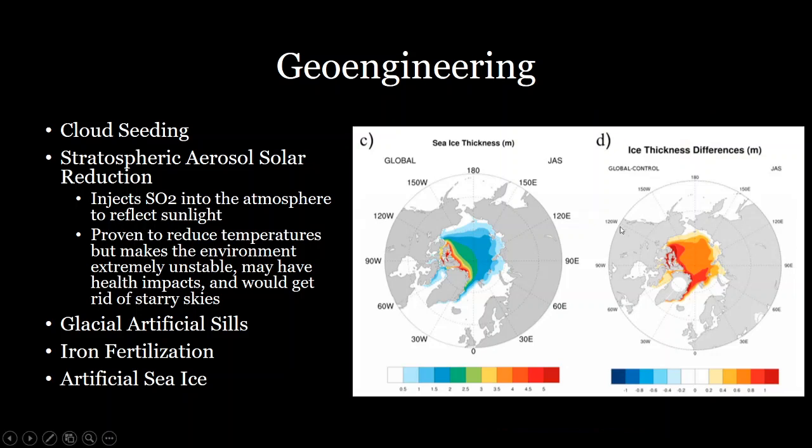And we can use climate models to assess how impactful this would be. And we can see here that implementing this on a large scale could potentially increase sea ice thickness in some areas by over a meter, which is definitely significant. But also, this would likely be extremely expensive, and it's not quite clear how marine life would be impacted or how much of an impact it would have on total global warming effects.